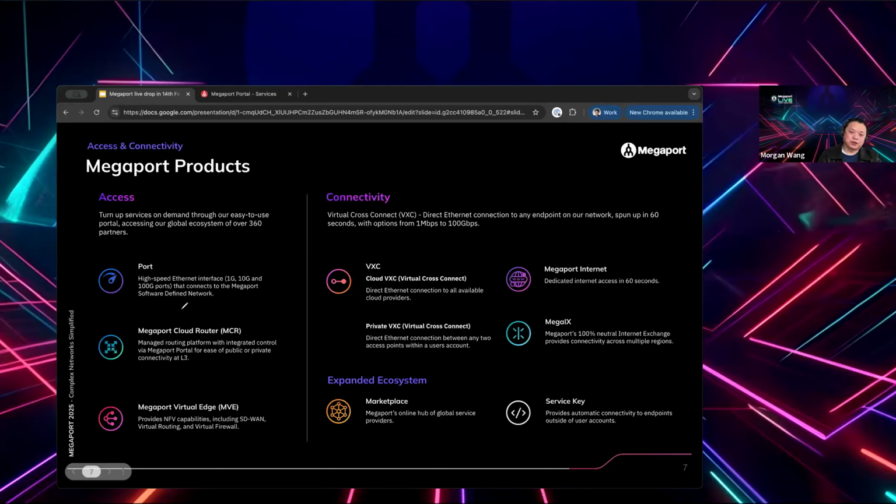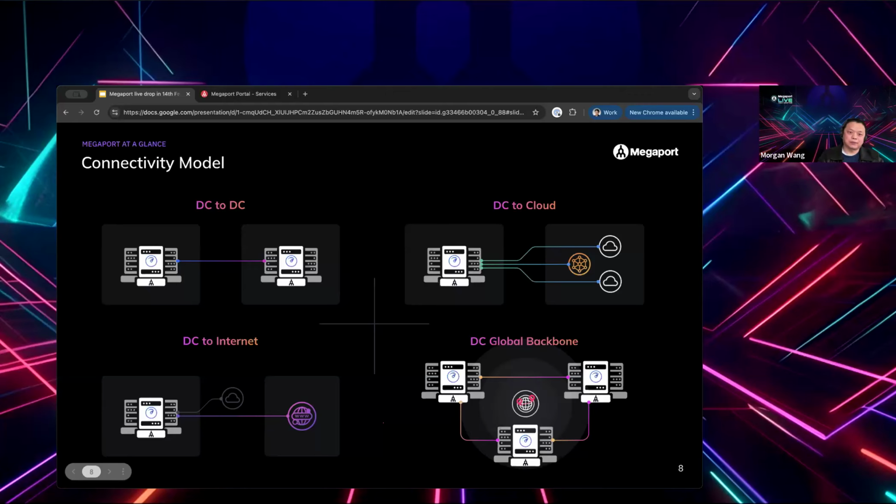In terms of connectivity model, it's quite simple and straightforward, because essentially we provide layer 2 connections between all the endpoints on the Megaport fabric. So it started with DC to DC. That's just two physical ports, one in each data center, and you just connect them with a VXC.